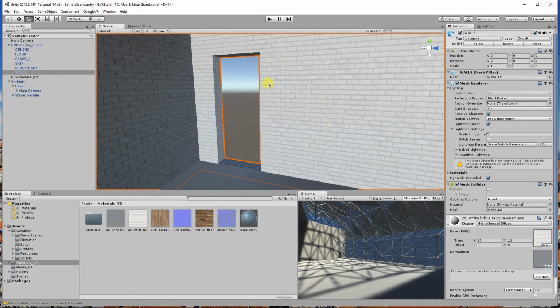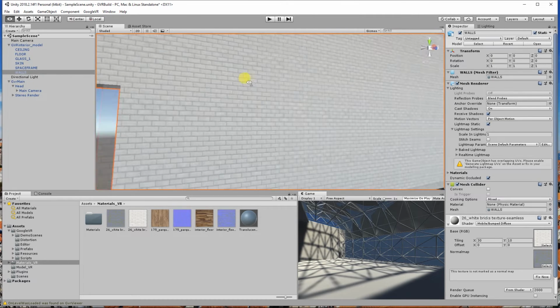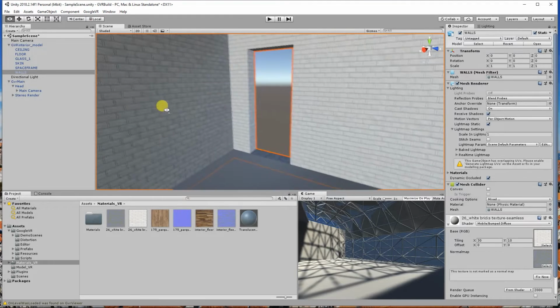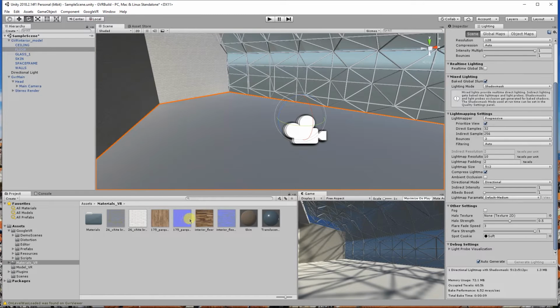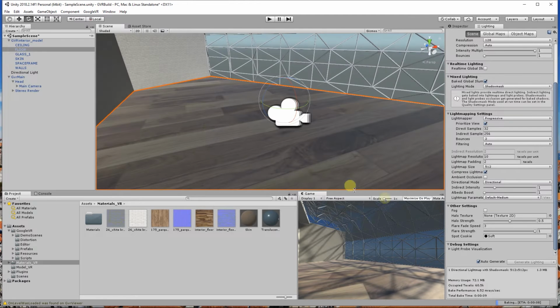How did you change it? Yeah, so down here, the tiling, I put 3010. And then that will sort that out for you. So you drag one bit on, right? Yeah. And then